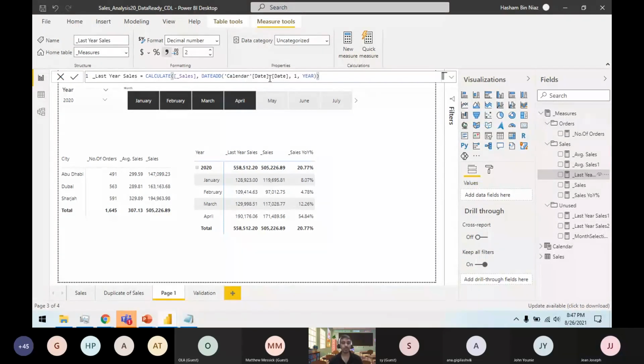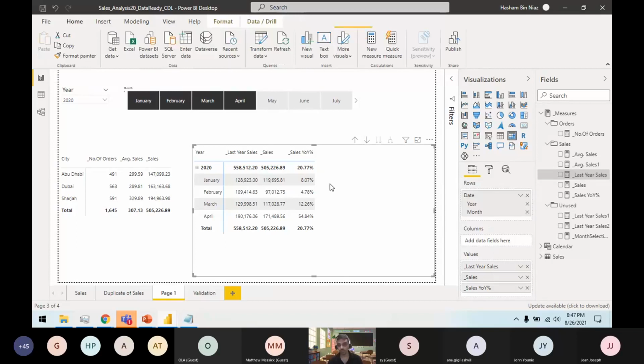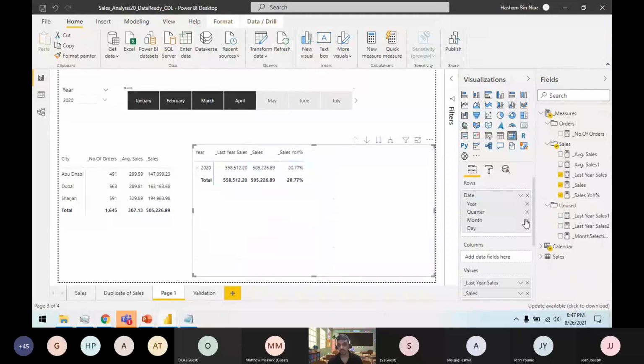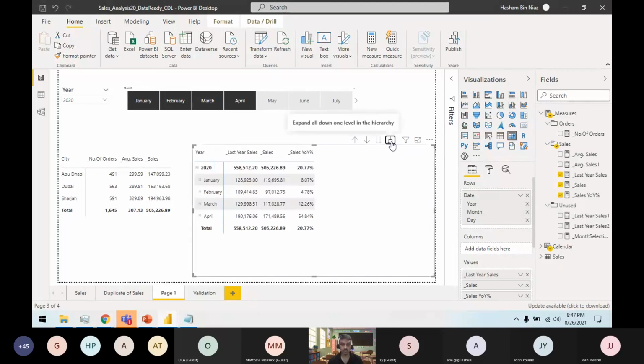So if I go back here and do it like this, now my lowest hierarchy is day level. If I expand this, you can see same period last year is actually,